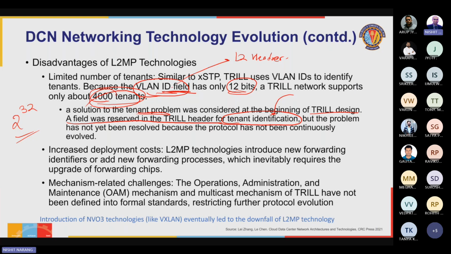So VLAN is a limitation. Trill does have a field that can be used, but it's not been designed, not been used till date. The deployment cost definitely got increased with Trill